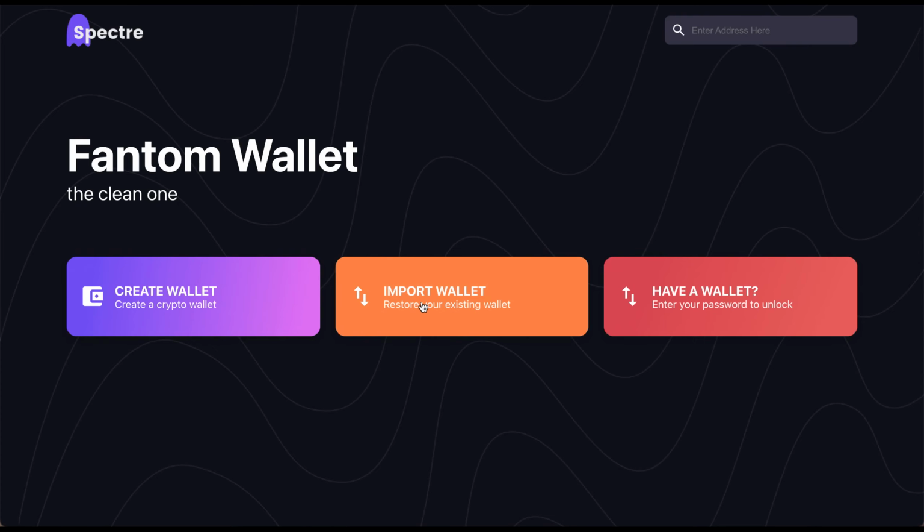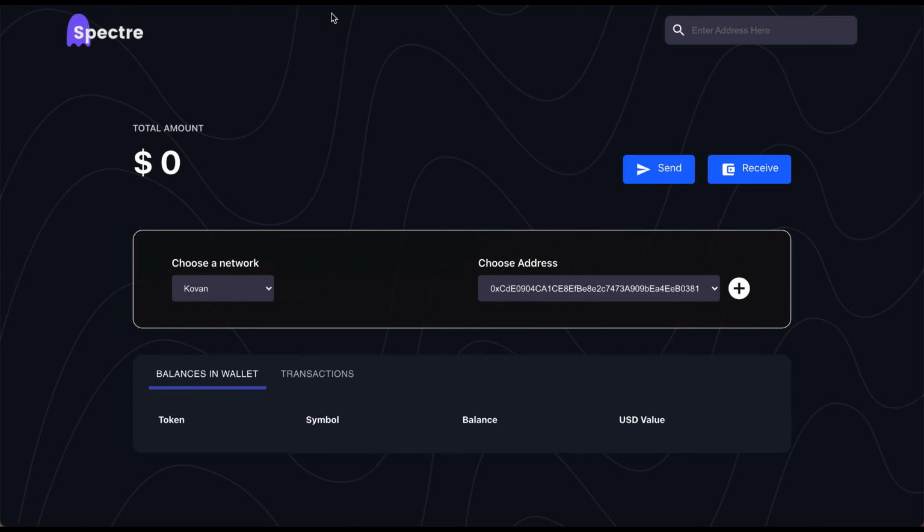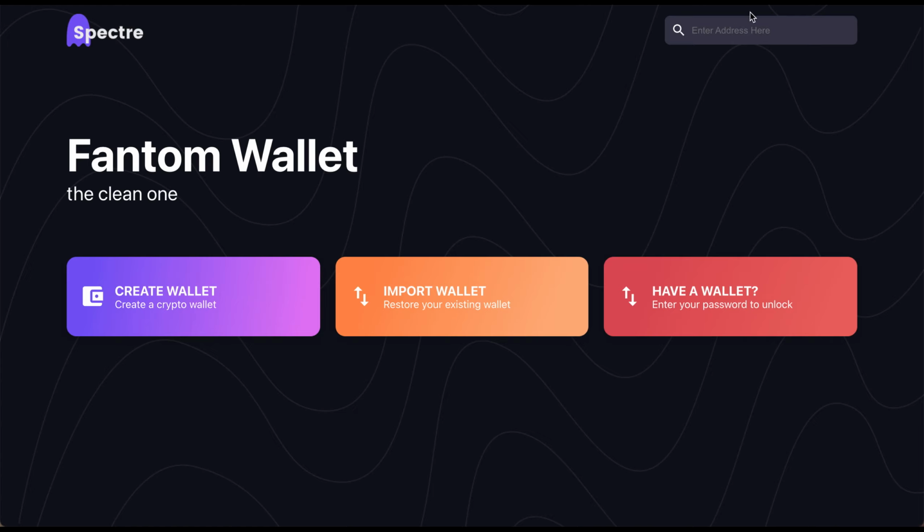On the home page, again, you can either import a wallet, or since we just created a wallet, I can just add my password and go back to my wallet. But coming to the search bar over here, you can search your own, or say someone has NFTs, you can search their Ethereum Name Service username, an ENS name of theirs, or you can add their address directly to see their NFT collection.